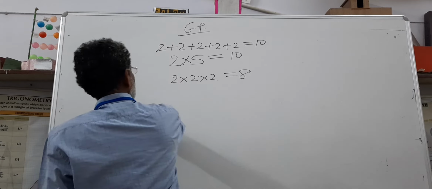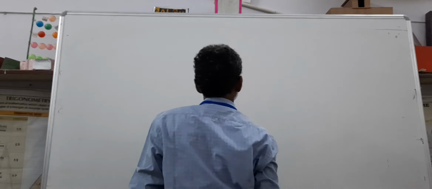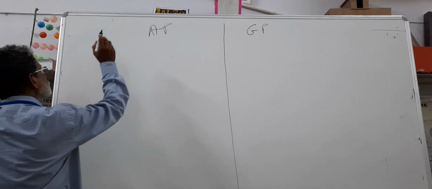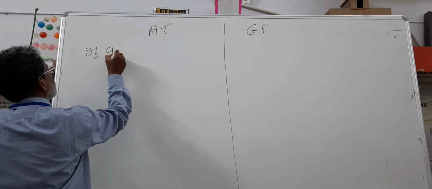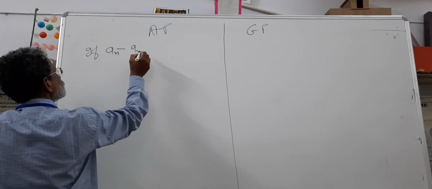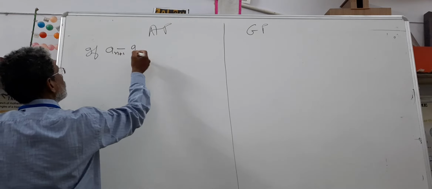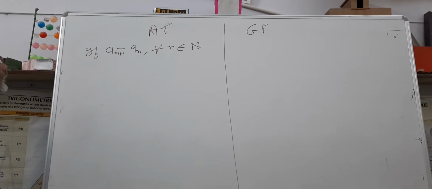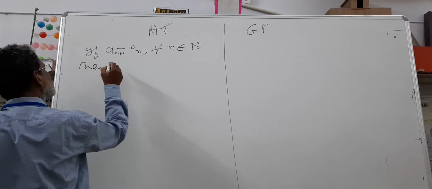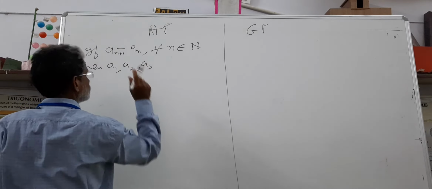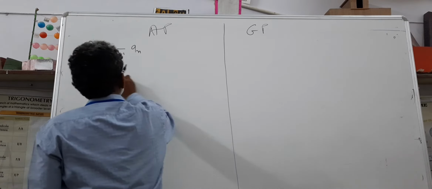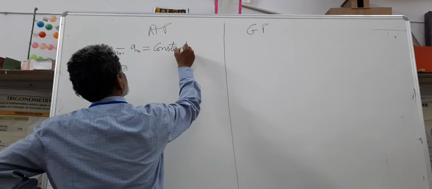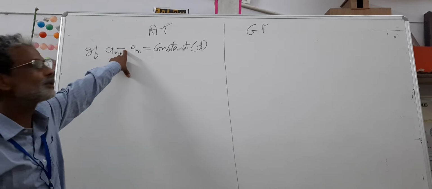Now recall AP again. As you know, if a(n) minus a(n minus 1), a(n plus 1) minus a(n), for every n belonging to N, then a1, a2, a3, if a(n plus 1) minus a(n) is constant, denoted by d because this is the difference of two consecutive terms,